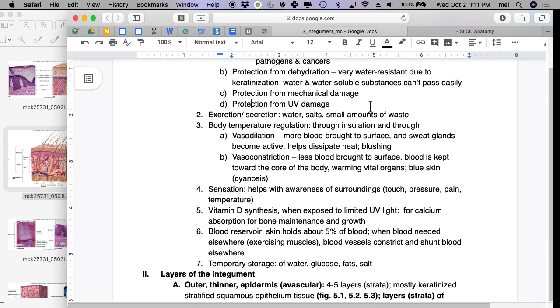Okay, and your skin does excretion and secretion, and sometimes the same fluid has excretion and secretion in it. So secretion would be something that you made on purpose, like the acid, right? And excretion would be a waste product onto the surface. Most of those go out in the water soluble, but you can have some that are lipid soluble as well. So you actually do excrete waste products onto the surface of your skin, not as much as your kidneys do, by any stretch of the imagination, but